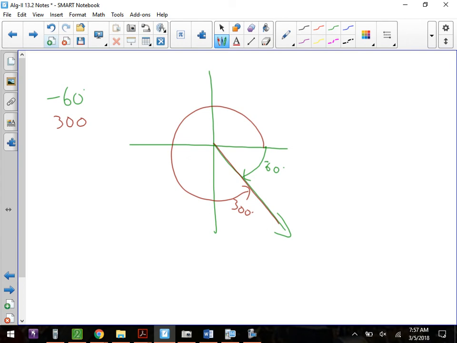Now, what would be another negative version of negative 60? If I wanted to go negative and wind up at the same spot, I'd go 360 and another 60, which is